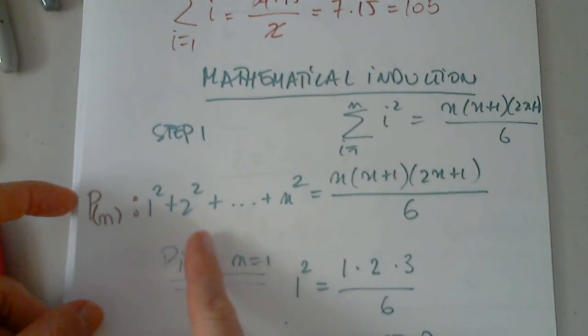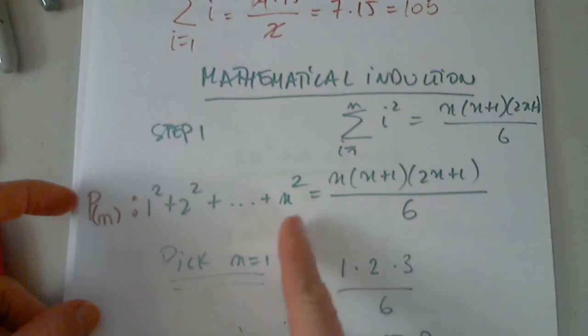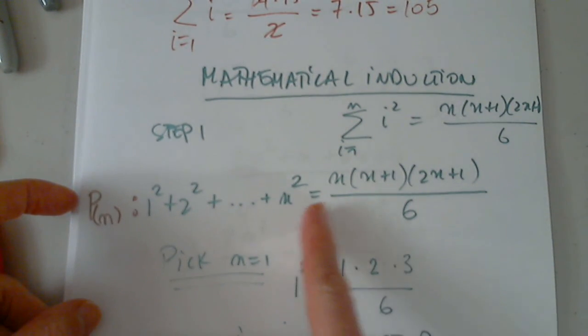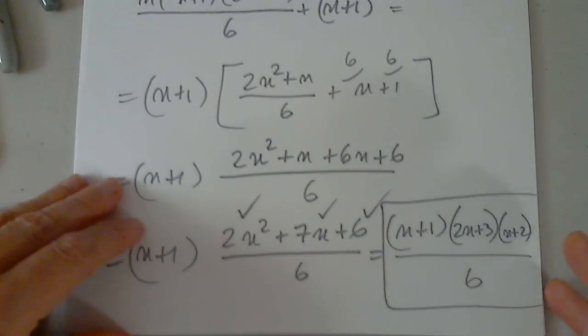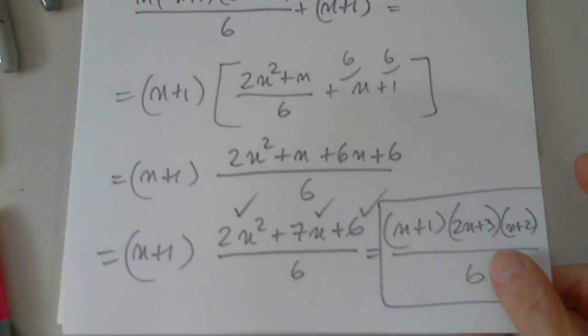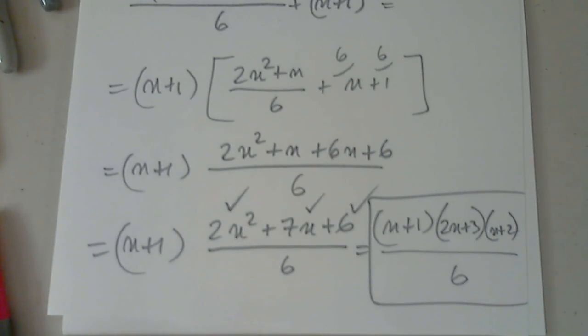Meaning 1 squared plus 2 squared plus dot dot dot plus whatever you want to stop at squared is this, with the stopping value. And that was the mathematical induction. It has 2 steps. One step is when we